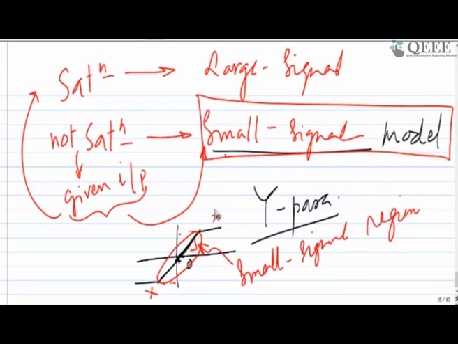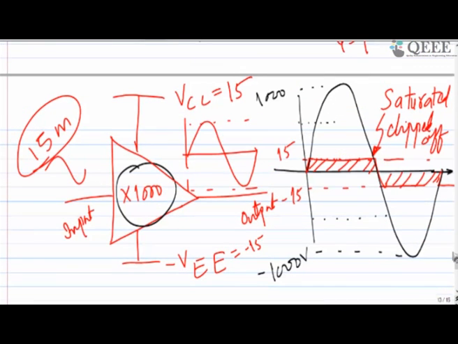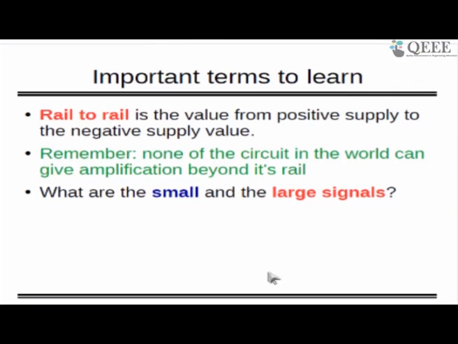We are not interested in finding out the gain over here, because it cannot give you the exact value of small signal gain. If your input is 1 volt and your gain is 1000 and it's saturated at 15, you cannot say that the gain of the system is 15. The gain is much higher, but you are not able to see it because you are in the non-linear region, or your output is saturated. That's why we understand what is small signal and what is large signal. These were very important terms to understand.